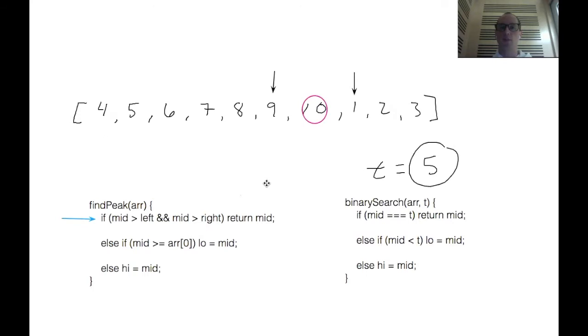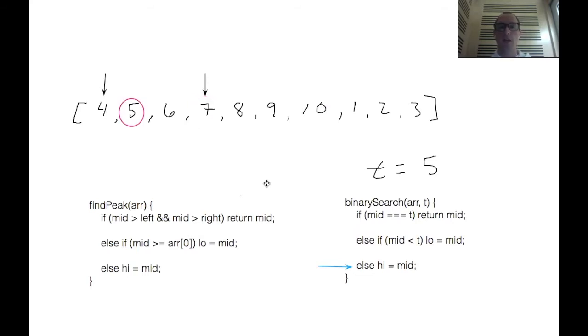So we can reset our pointers and find the midpoint, and we can start doing binary search. So we'll move our pointer over to binary search, and we'll check to see, is the midpoint equal to the target? Well, it's not. Is the midpoint less than the target? It's not. The midpoint is higher than the target,